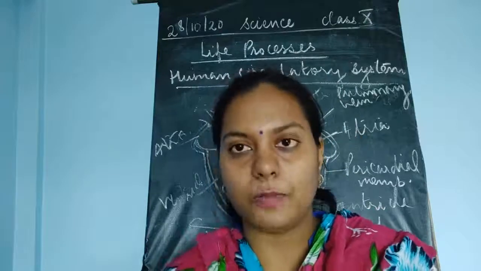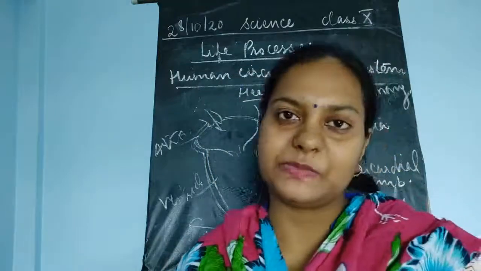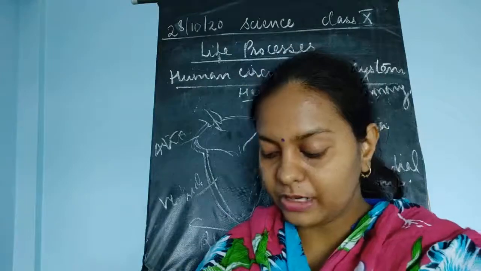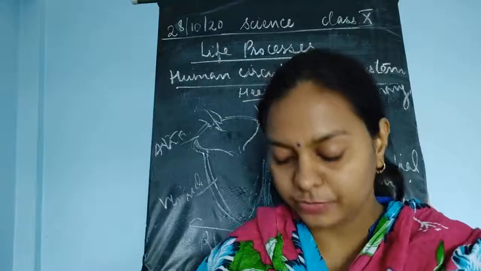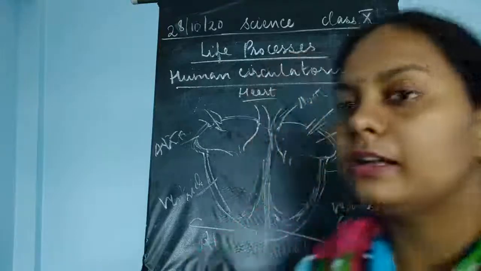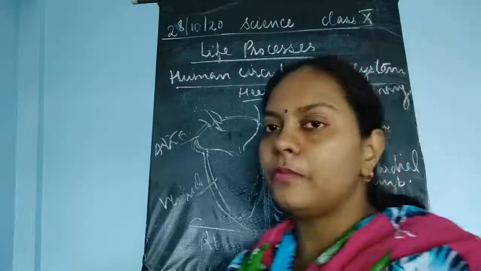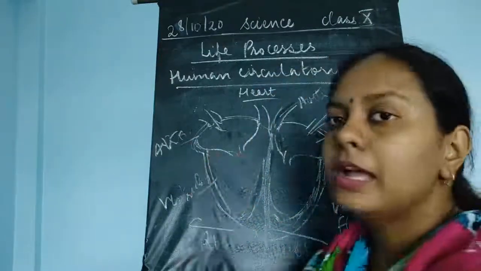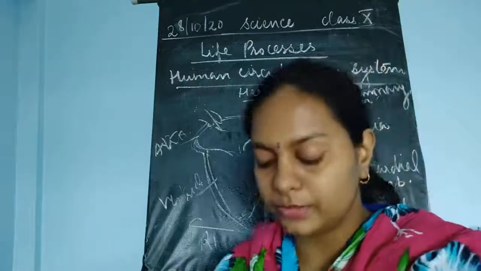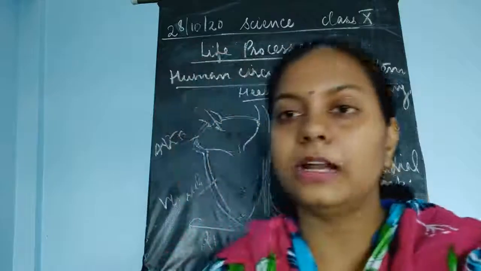The heart beats non-stop all the time, please remember. Because rhythmic contractions and relaxation are taking place, the heartbeat originates, and the ventricles pump the blood to flow in the body. From one side it brings back the pure blood, and from the other side the impure blood. This is how the complete circulation takes place, and I'll tell you about the blood circulation, children,